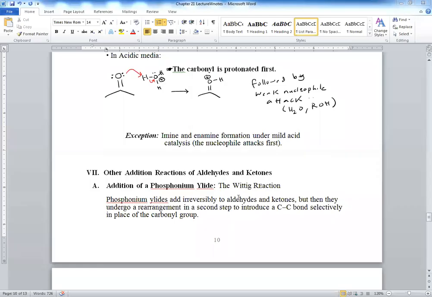The next reaction is the addition of phosphonium ylide. The pronunciation of this is ylide, and this is known as the Wittig reaction. The correct way of saying it is the "Vittig" because it's from German and W is used as a V. In the Wittig reaction, we produce what we call phosphonium ylides that are adding, this is a very important word here,